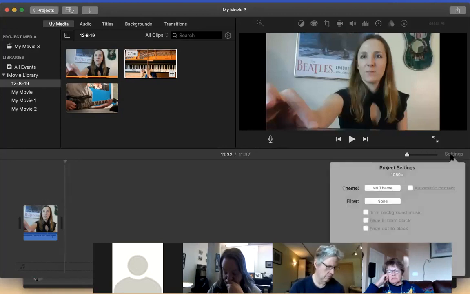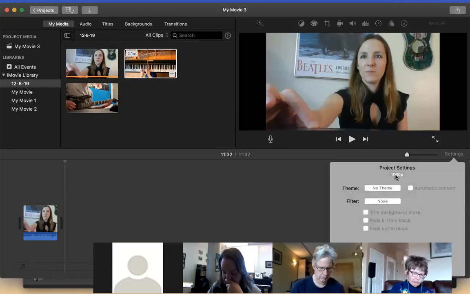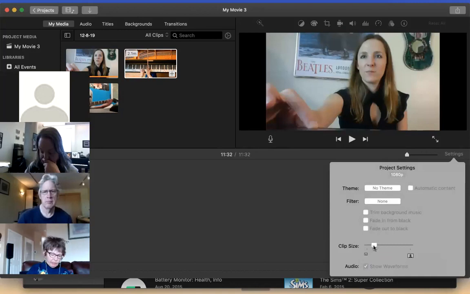And then over here, you can see some project settings. Almost all of this stuff, it says settings over here. And the reason it's gray is because pretty much all of these things are predefined and stuff that you don't actually need to adjust typically after the fact.